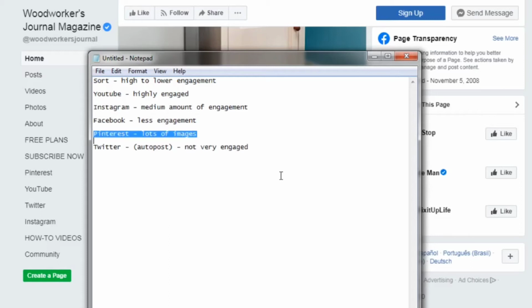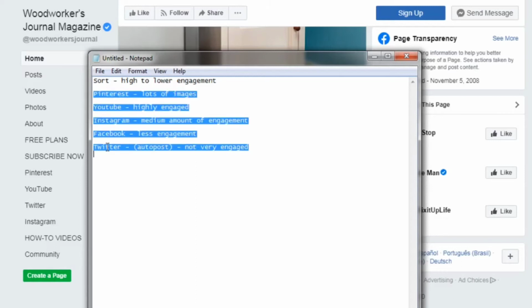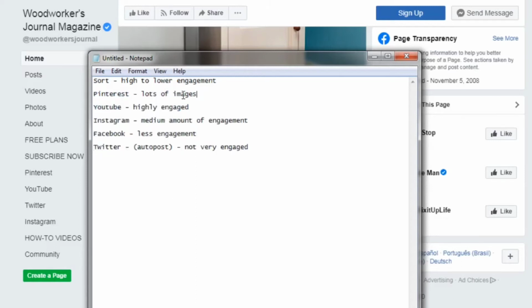Now, Pinterest, we assume because it's a DIY image site that it would have a higher engagement. And that's actually typical for a lot of the creative artistic niches. We have a lot of images on Pinterest and a lot of engagement on YouTube. Instagram is to be expected, but Facebook, I would have thought that there would be more engagement on there, but